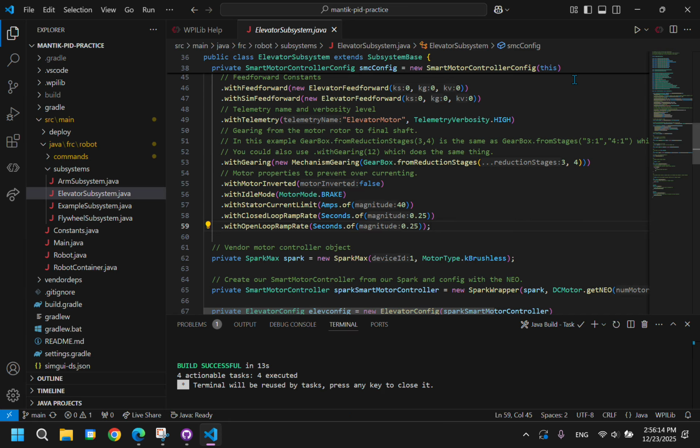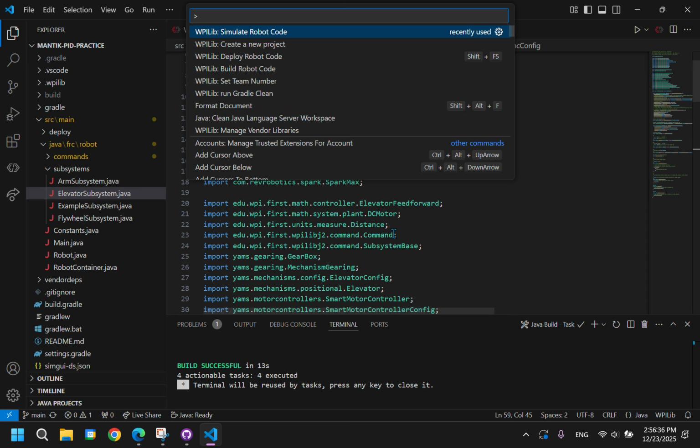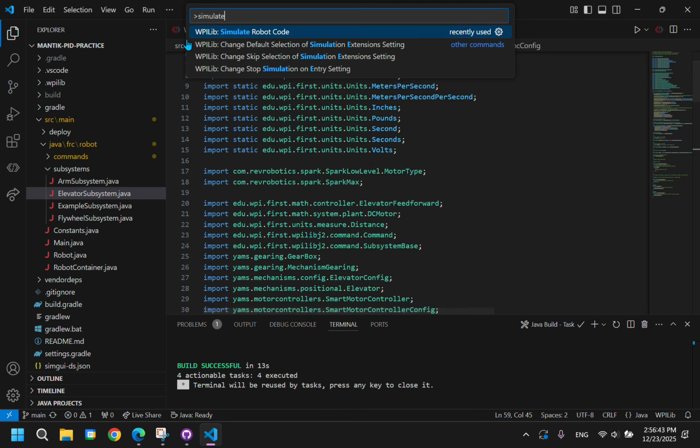But for now, we are going to set up the simulation, and we're going to set up all of the other stuff so that you can start tuning. So you're going to click on the WPILib button. It might change sometime in the future, but I hope not. It's just the button right next to the play one. You can also press Control-Shift-P and it'll pop up with a bunch of commands. And then if you type in simulate, it should pop up with simulate